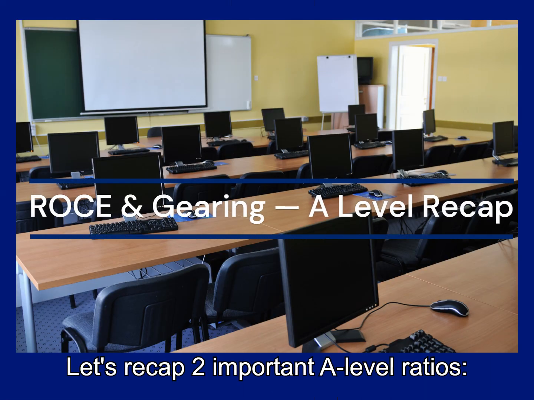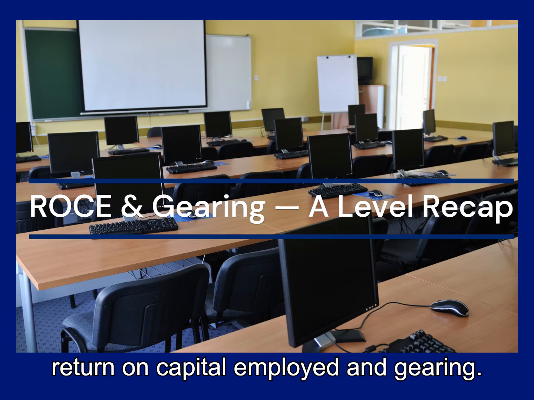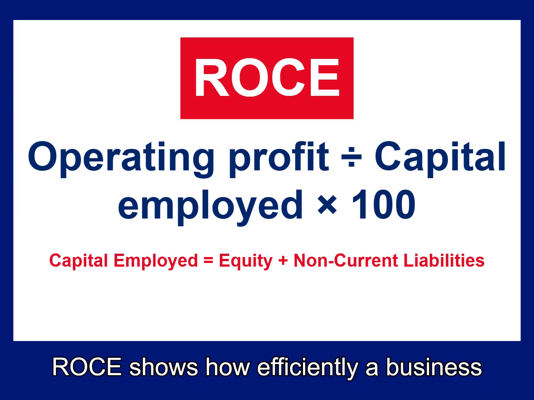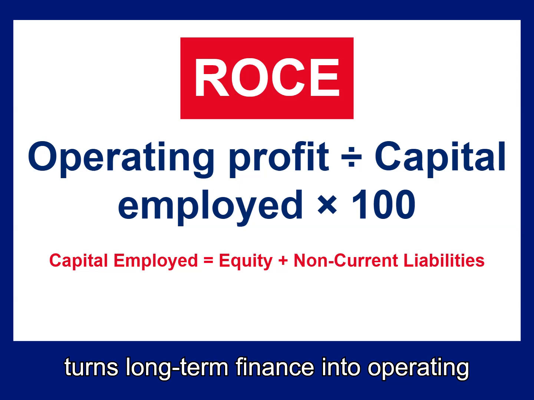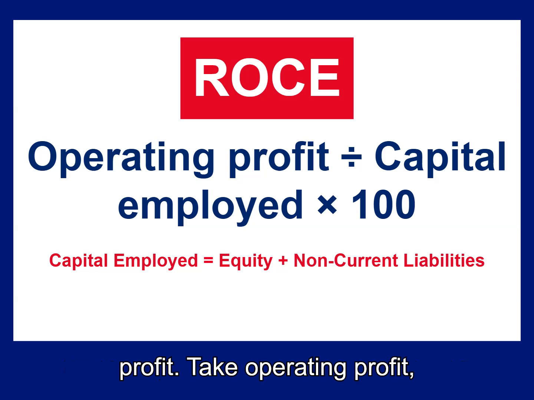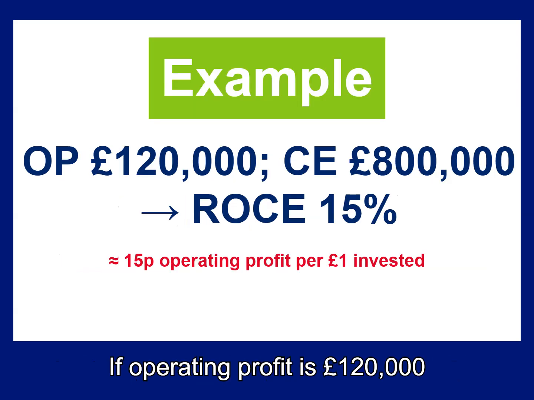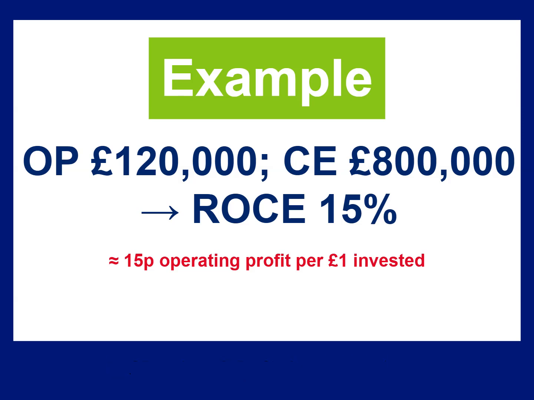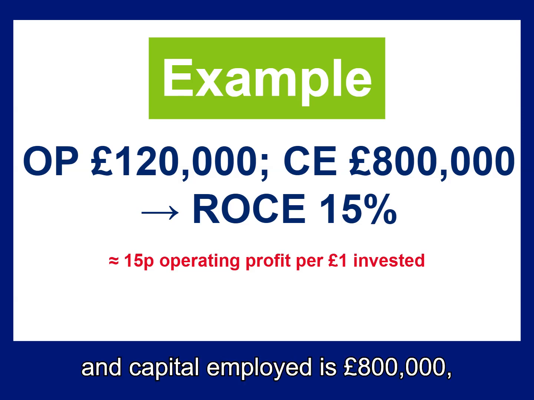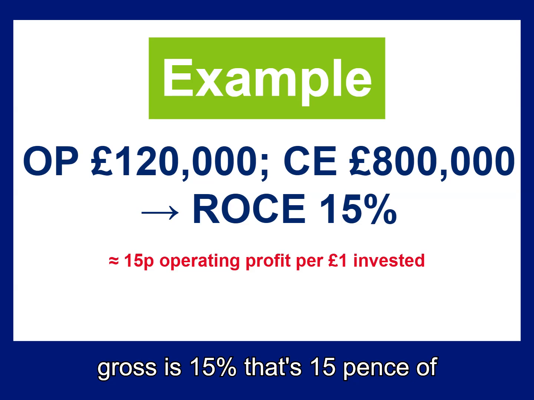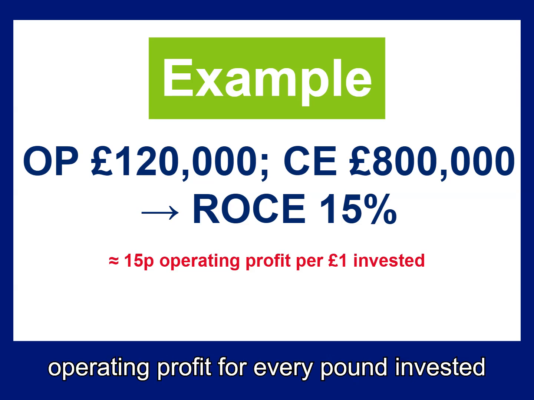Let's recap two important A-level ratios: return on capital employed and gearing. ROCE shows how efficiently a business turns long-term finance into operating profit. Take operating profit, divide by capital employed, and multiply by 100. If operating profit is £120,000 and capital employed is £800,000, ROCE is 15%, that's 15 pence of operating profit for